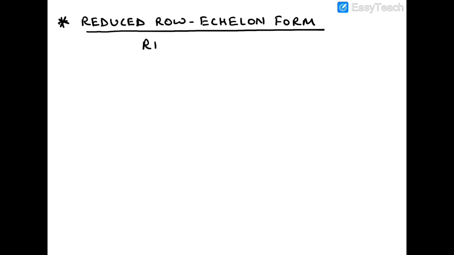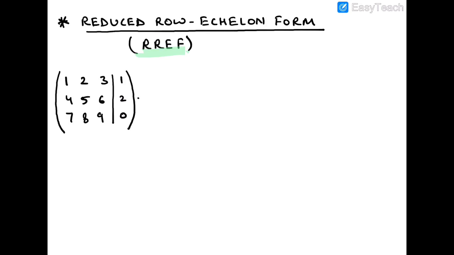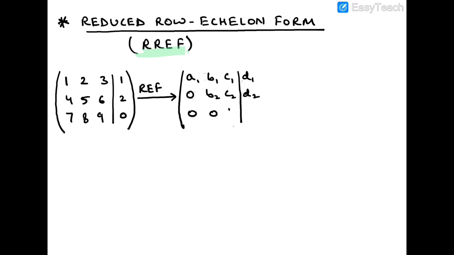Now reduced row echelon form, that is RREF. So RREF is basically a continuation of REF. So let's take a matrix 1, 2, 3, 4, 5, 6, 7, 8, 9 augmented by 1, 2, 0, and now bring it in row echelon form. Now this matrix is in row echelon form, and now if we continue and further reduce it in such a way that every column that has a leading coefficient 1 has zeros in every position above and below its leading entry, and